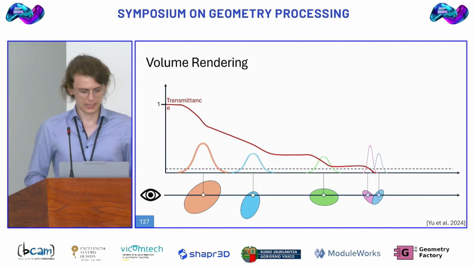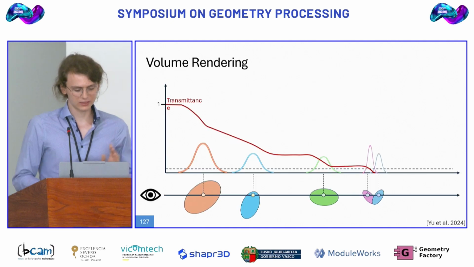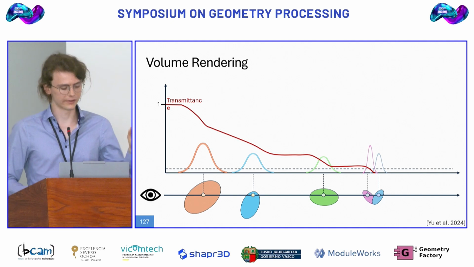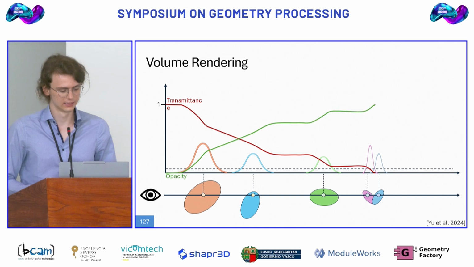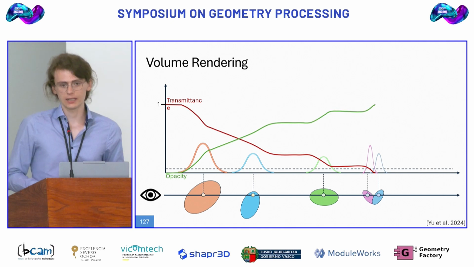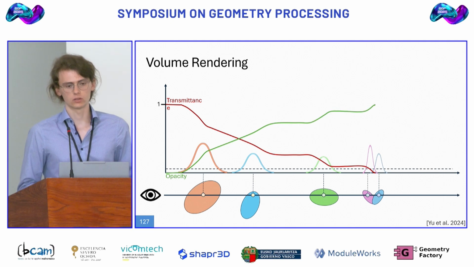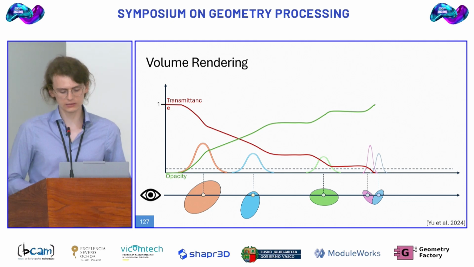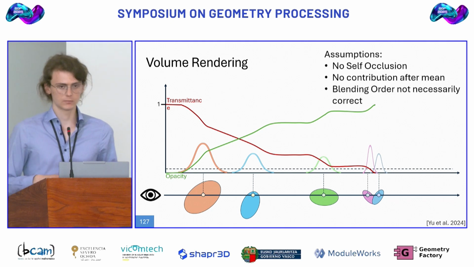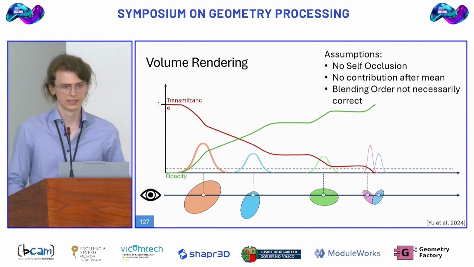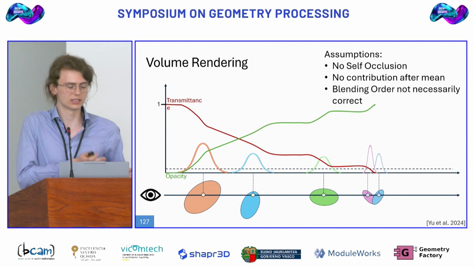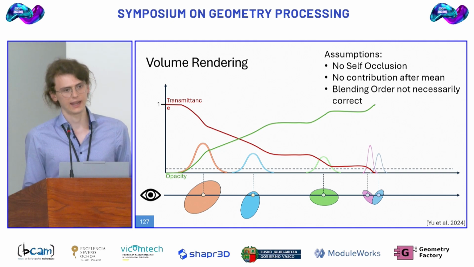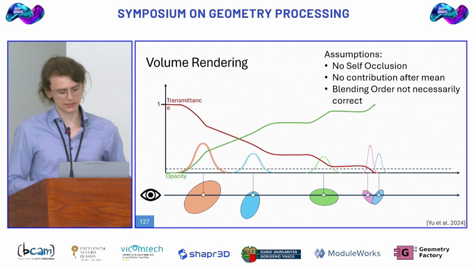So to understand it, we need to go back to volume rendering, this time exact with 1D Gaussians, which once again we remember we cannot integrate to find the pixel color. But we can define the opacity along a certain view ray as just being the inverse of the transmittance. And if we choose some key assumptions, which is that the Gaussians never occlude themselves, they have no contributions after their mean, so we basically only take the first half of the Gaussian into consideration, and we accept some errors in the blending order, then what we can do is sample